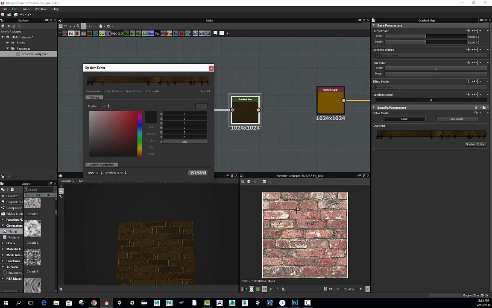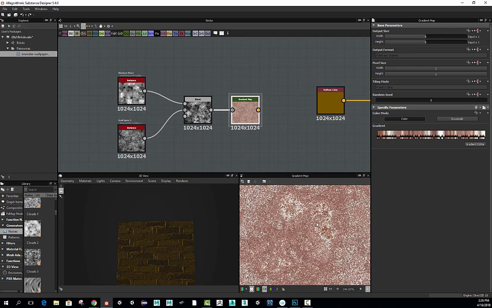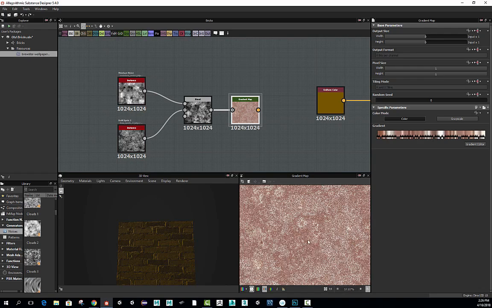Now I want to leave this open, so single click this and then just hit your gradient editor, and then click on your pick gradient, and you can cycle across the brick that you like the most. Say you wanted more of the white area, you can go down to this brick here. You wanted something a little bit more like this. Alright, so I'm going to close this and double click my gradient map, and you can see here that I have pretty good